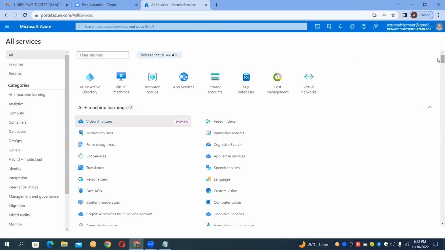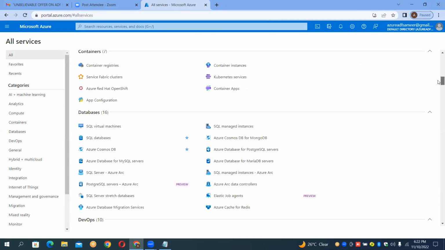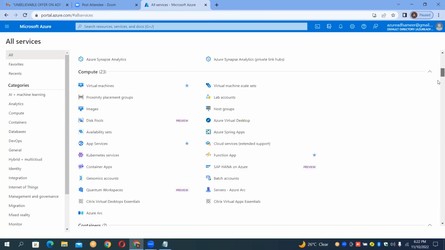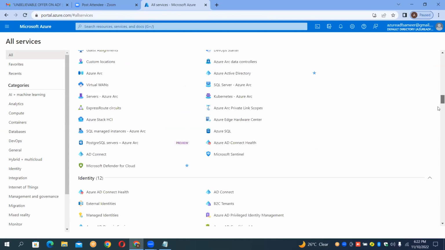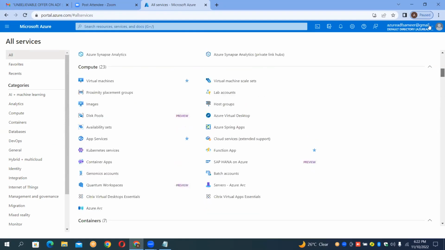See here, all the storages we have. Can you see these are all the storages? Database is one type of storage, and containers is another type of storage we have. So various storages you have. You can make out that all these are storages. It supports almost 90 plus storages. So that's it, guys.